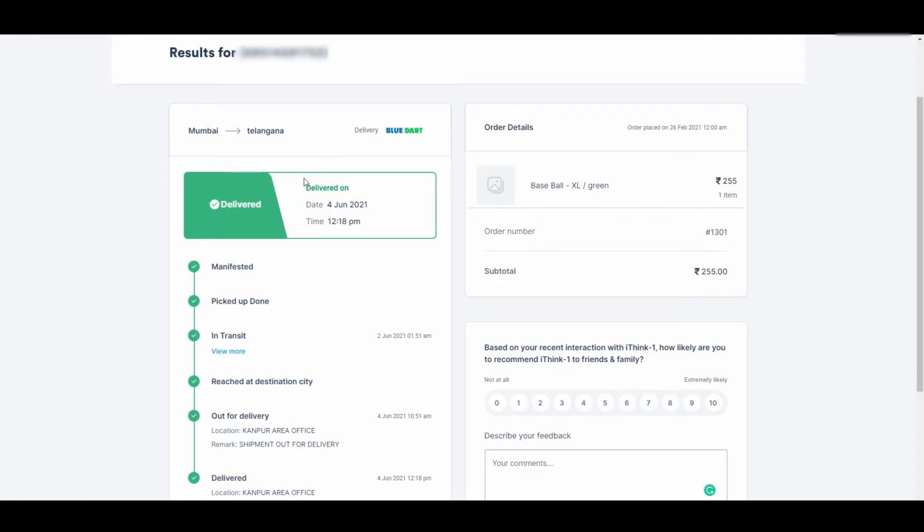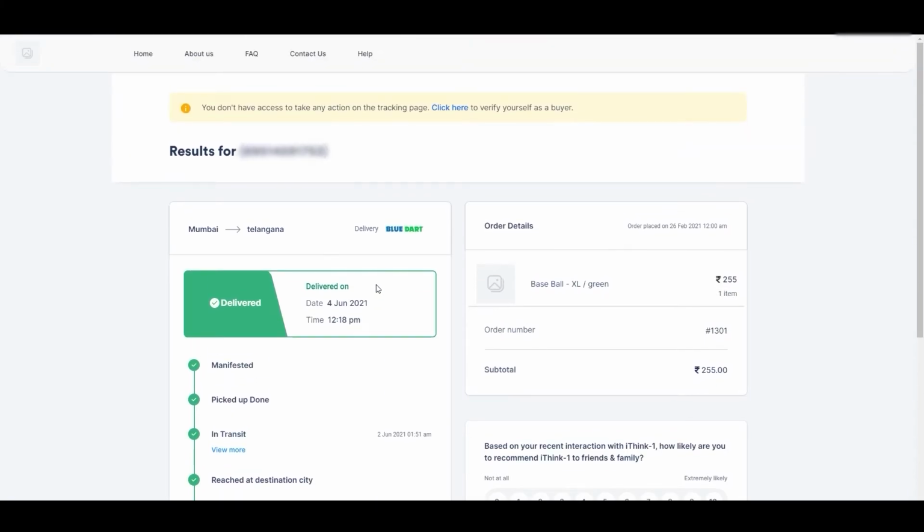When an order is ready to ship, the status will be displayed on tracking page along with the date and time. When it's out for pickup, the order date and time will also display it along with the location. The status will remain the same until it's delivered or returned to origin. And this will be displayed with detailed information including time, date and location.